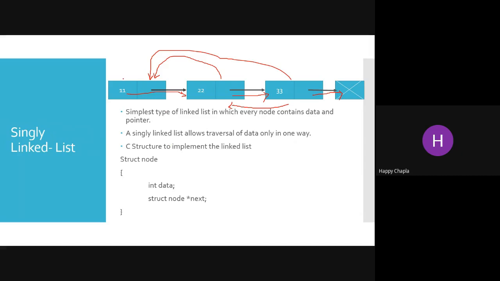Now if I want to write the program for creating a node, how can I do it? For a node, I can use the structure concept over here. So struct node, that means I am creating one structure. Inside this I have one integer data part.